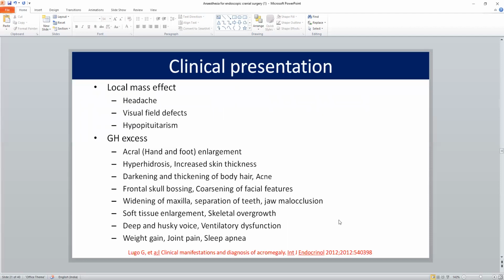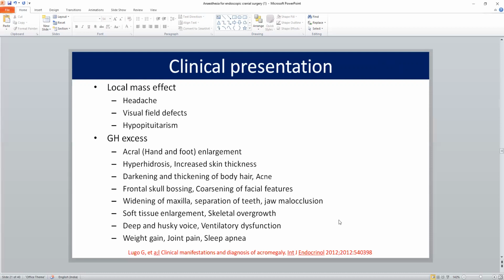Now, how do these patients present? They present mainly in 2 ways. One is the local mass effect, which results in headache, visual field effects, and hypopituitarism. And second is the systemic manifestation of growth hormone excess. Now, whenever it is a functional pituitary adenoma, these symptoms are likely to occur first as compared to the local mass effect. So you have hand and foot enlargement, hyperhidrosis, increased skin thickness, darkening and thickening of the